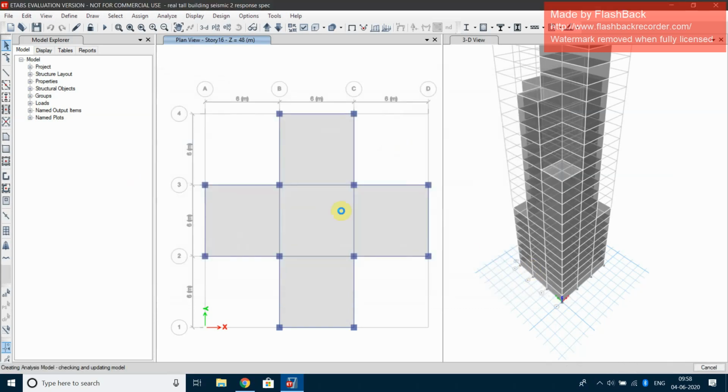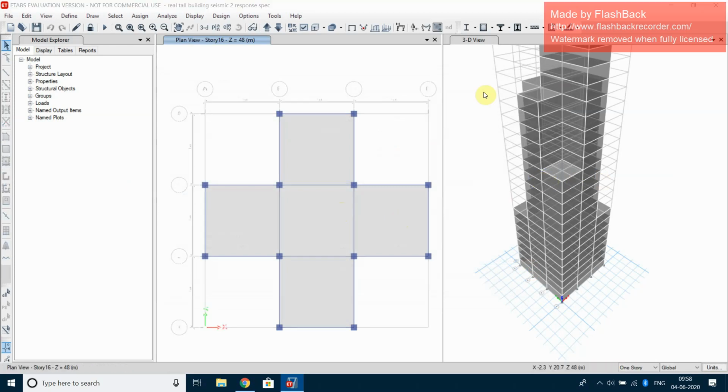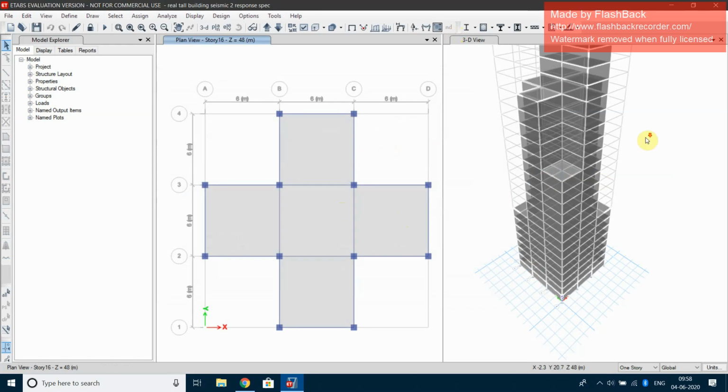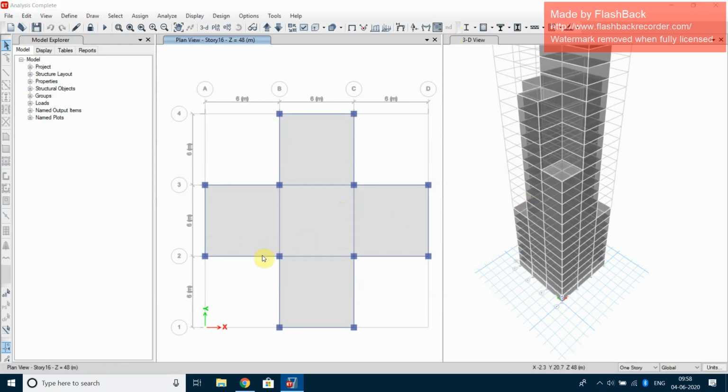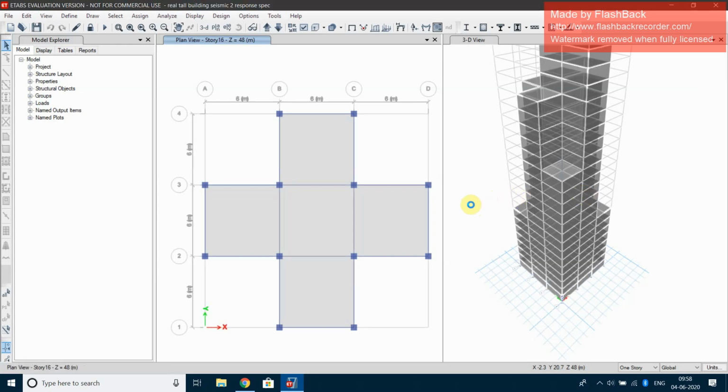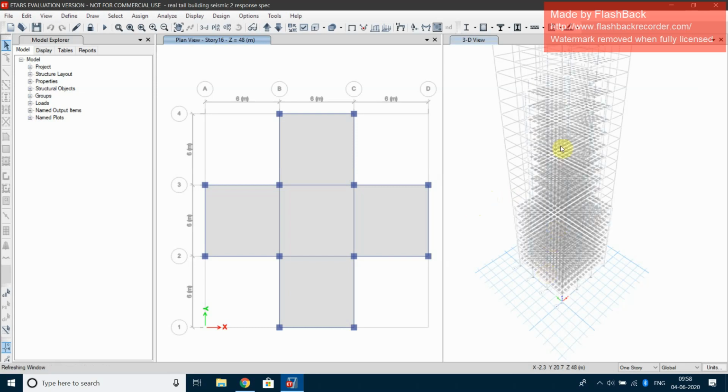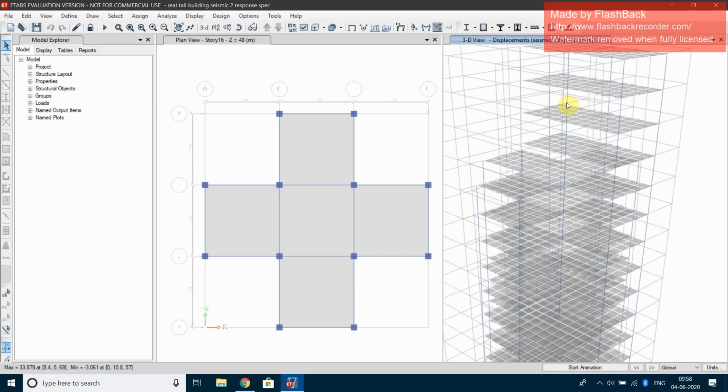The building is getting analyzed. As you can see, the building is analyzed and we are getting the deformed shape of the structure.